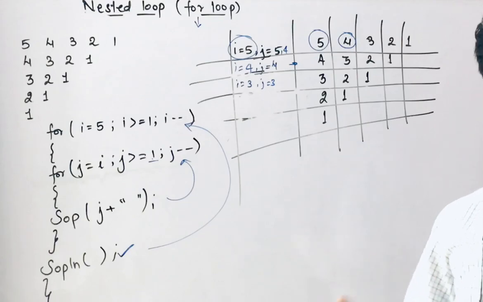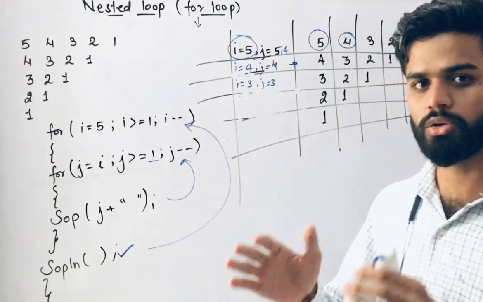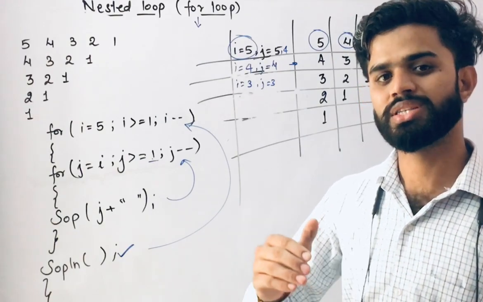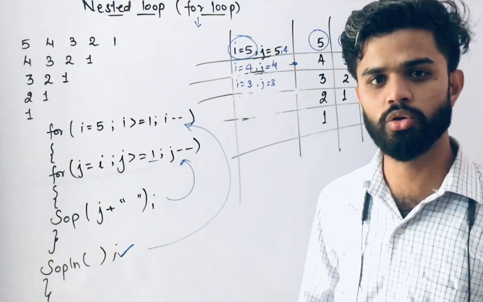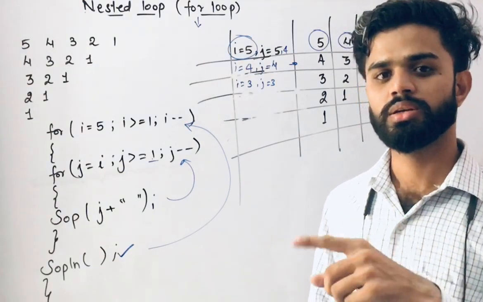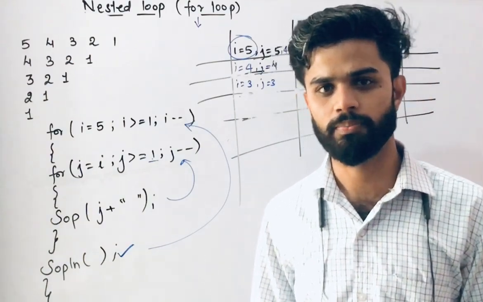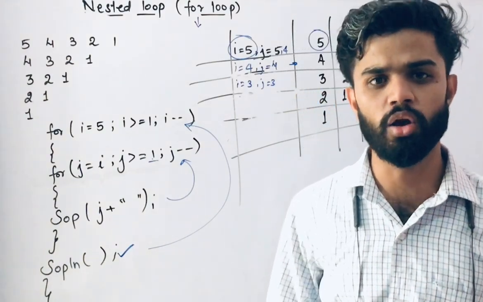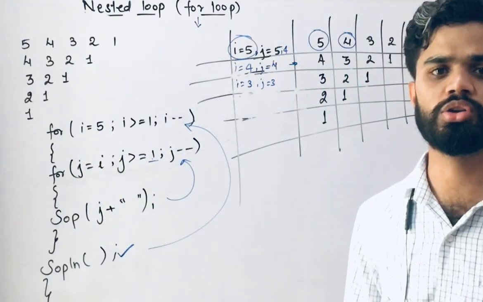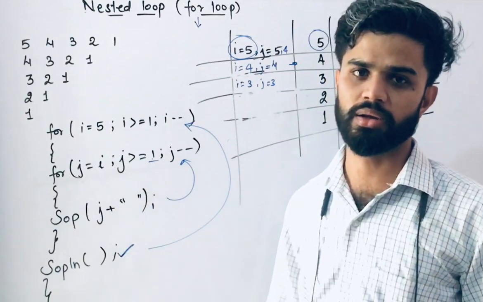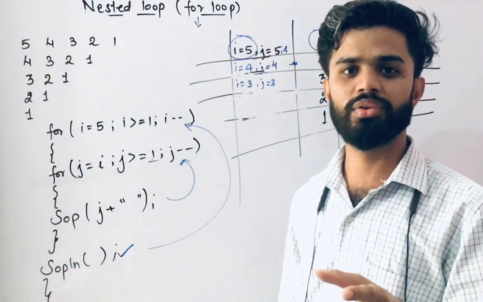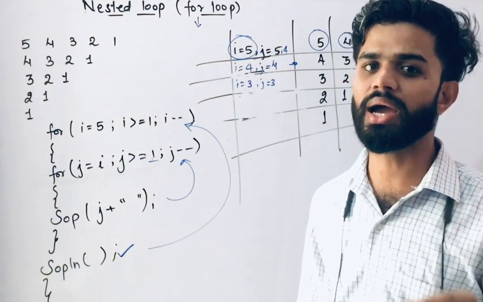First of all, whenever we want to print any type of pattern, we need to write that pattern in a very careful way. After this, we start denoting the values of the outer loop as well as the inner loop. Clear? And then we start searching for the logical relation between I and j. Because if we are able to find logical relations, then we can easily put the values here. And if we don't know the logical relations, then we can never print any pattern. So it is very important to know the logical connection, or we can say the logical relation, between I and j.